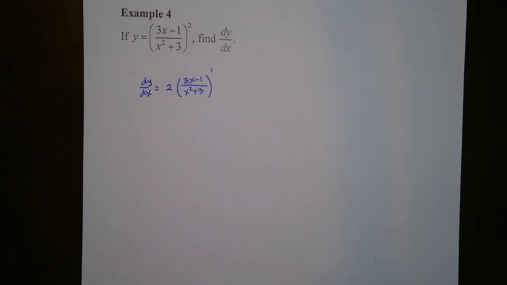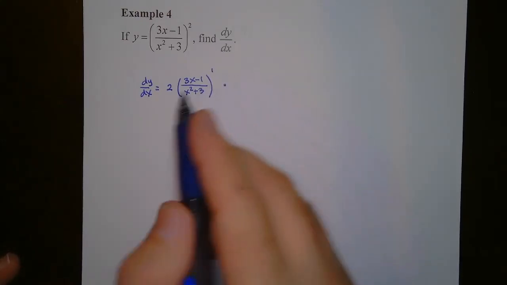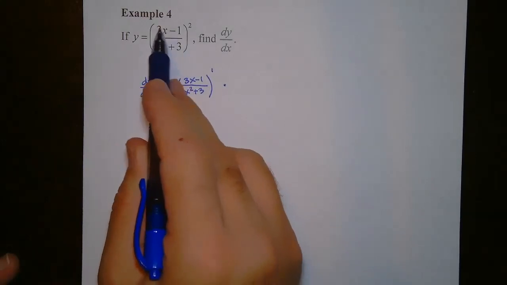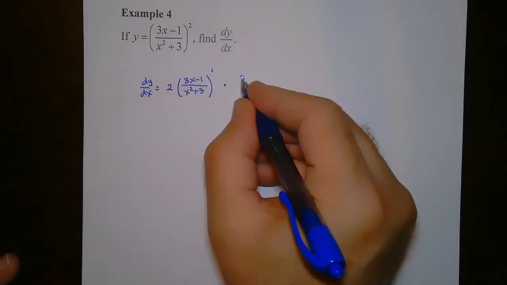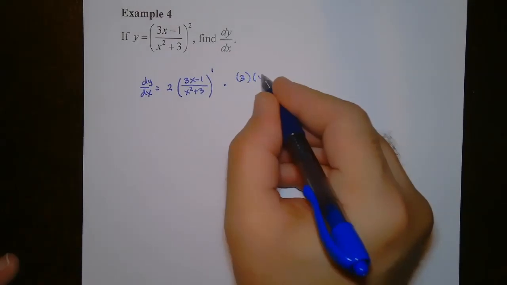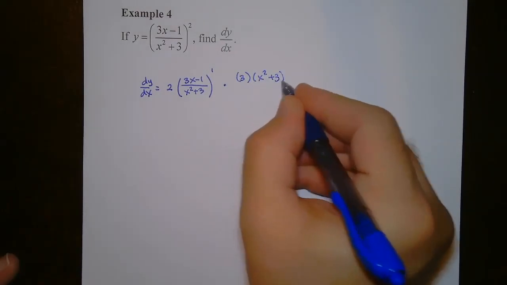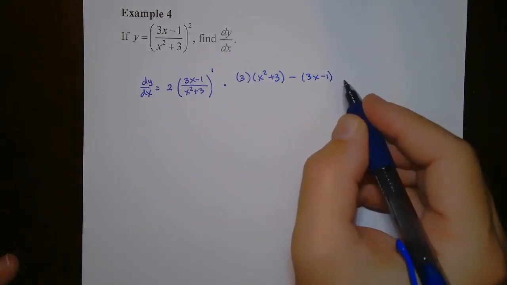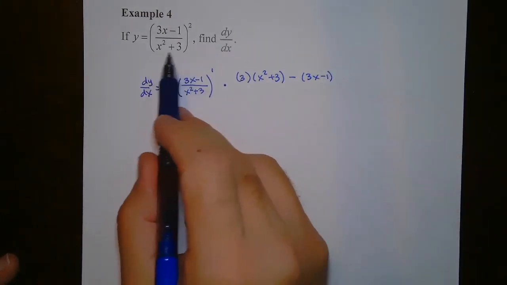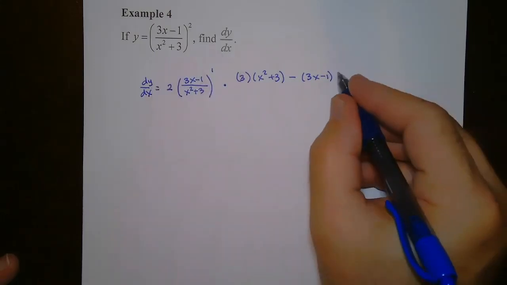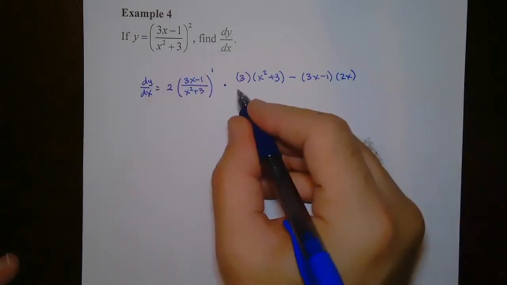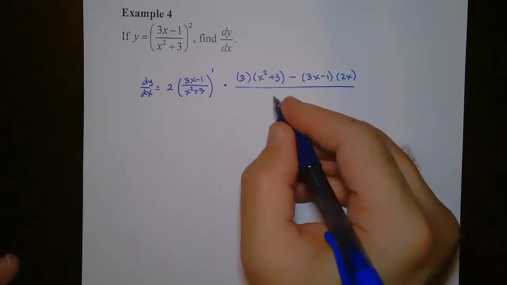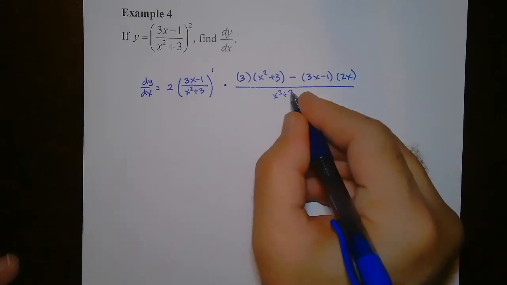So now I have to take the derivative of the inside, and the inside is a quotient, so I'm going to have to use the quotient rule. So times the derivative of this top, which would just be 3, times the bottom, which is x squared plus 3, minus the top, which is 3x minus 1, times the derivative of the bottom, which would be 2x, all over x squared plus 3